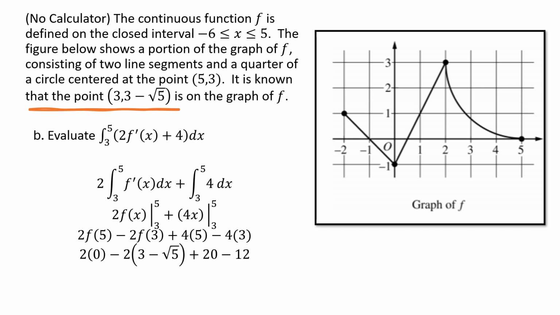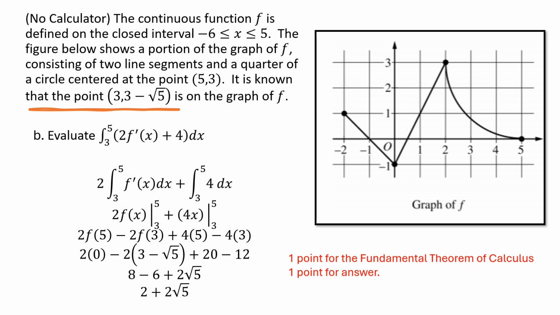And they gave us f of 3 in the question prompt, right? From the very beginning, they told us that f of 3 was 3 minus root 5. Simplifying some more, I end up with 8 minus 6 plus 2 root 5, or basically 2 plus 2 root 5. All right, so we get 1 point for the fundamental theorem, so 1 point for saying that the integral of f prime is f, and then 1 point for the